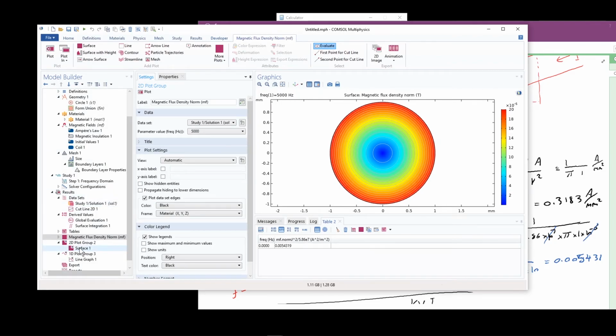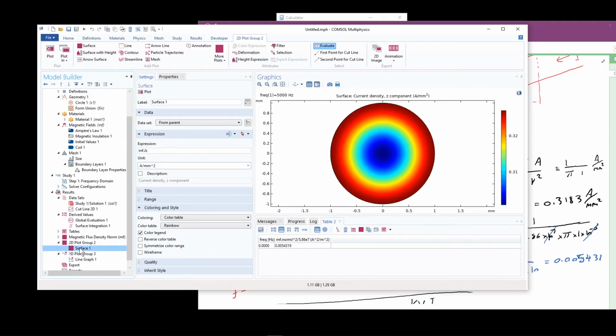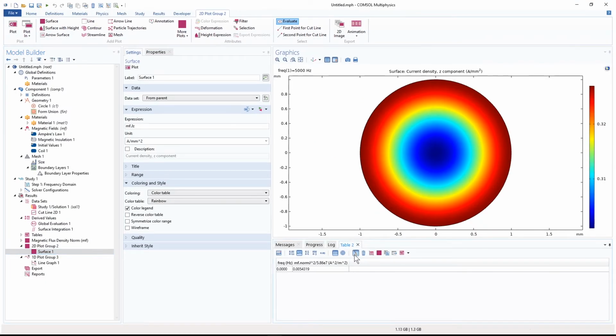This is the magnetic field distribution. Now, this is the current density distribution. What we can notice is that, let me raise this one. When you plot this current distribution, you have to always pay attention to how much difference there is between each location, because